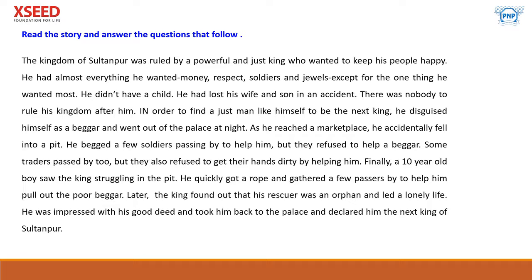He didn't have a child. He had lost his wife and son in an accident. There was nobody to rule his kingdom after him. In order to find a just man like himself, just means a good man, a man with discipline and principles, to be the next king,